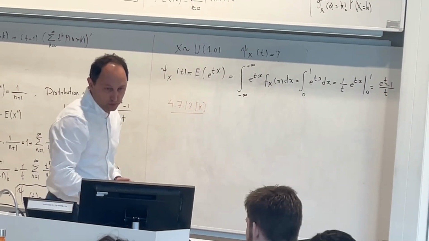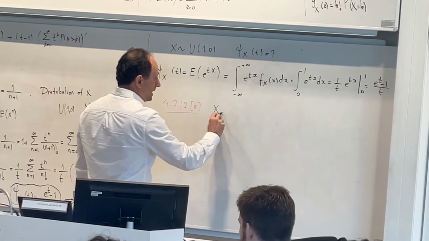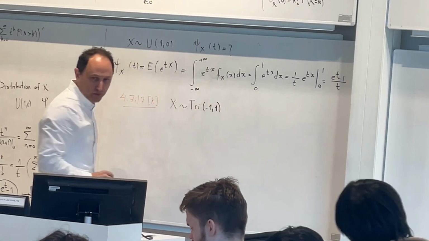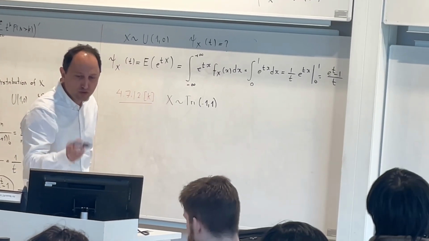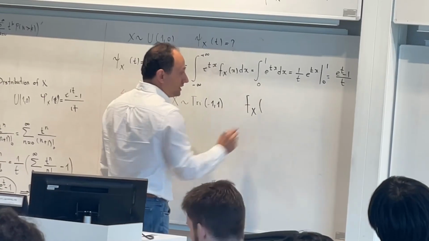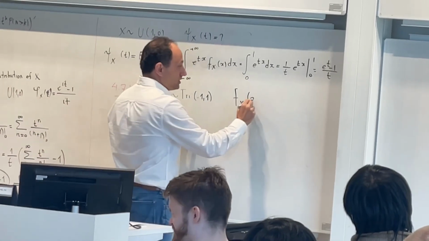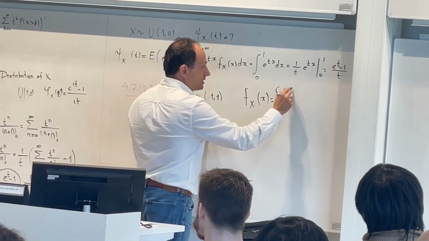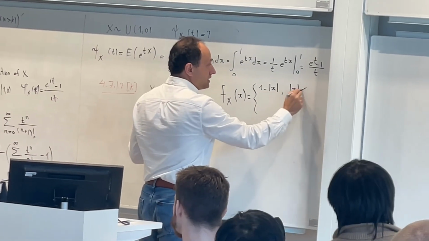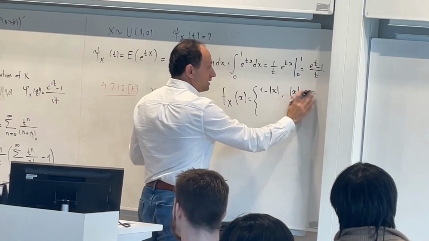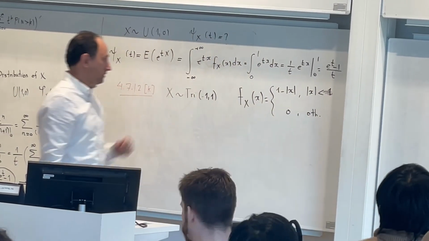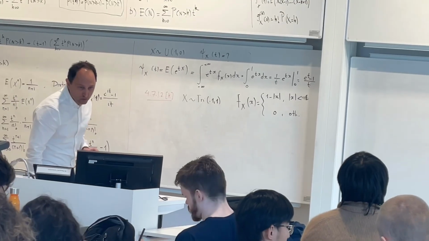Okay, so 4712, they have mentioned that x has triangular distribution on this interval from -1 to 1. They have also mentioned, so you don't need to refer to the back of the table, they have translated it in the problem itself. They have told you that this is equal to 1 minus absolute value of x if absolute value of x is less than 1, 0 otherwise. Yes? This is given. And then you are supposed to calculate,